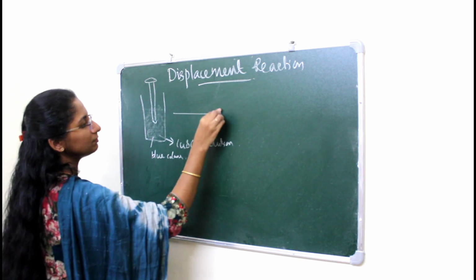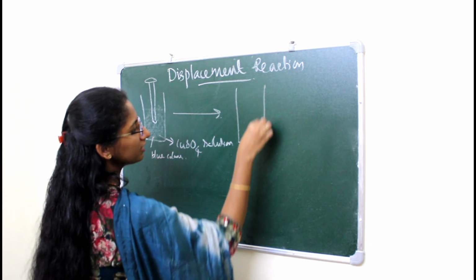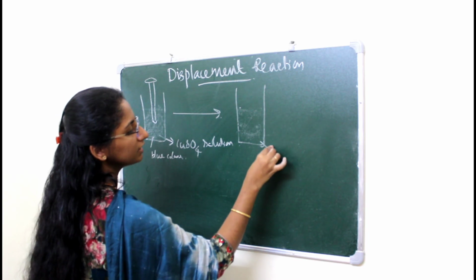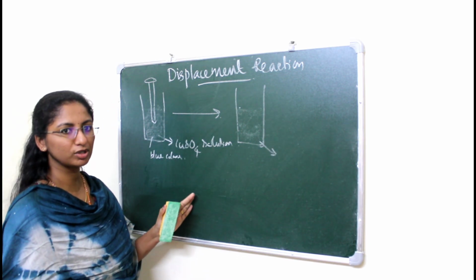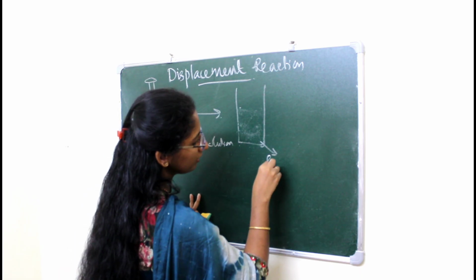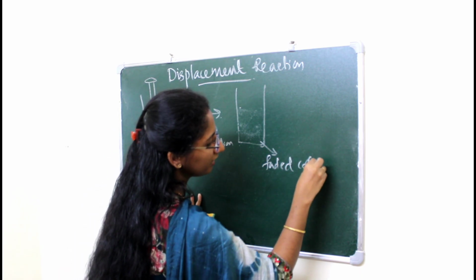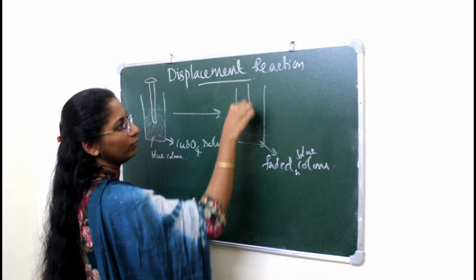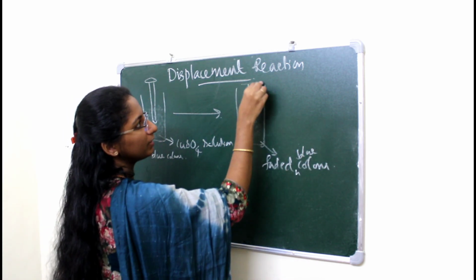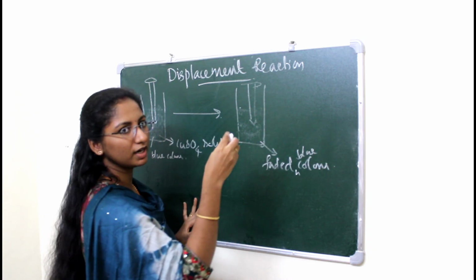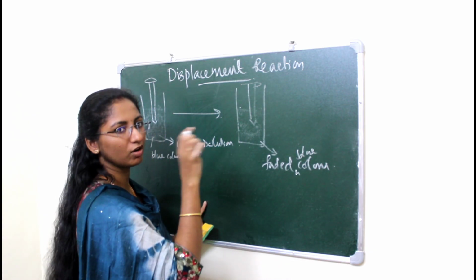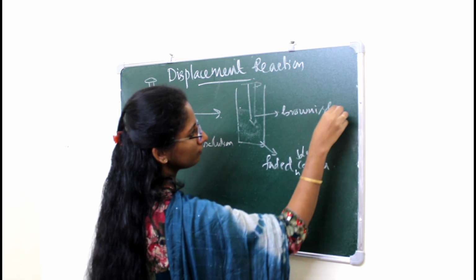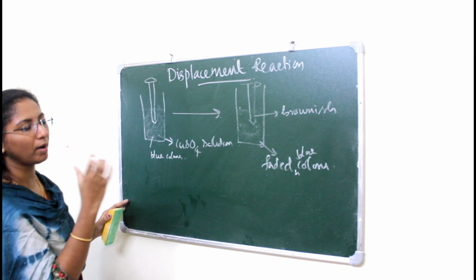Okay, so after some time, if you observe the color of this copper sulfate solution, what is the case? The color of this copper sulfate solution is actually faded, a faded blue color. And what is the case of the iron nail? A brownish color solid is deposited on this iron. A brownish coating is formed above this iron nail.